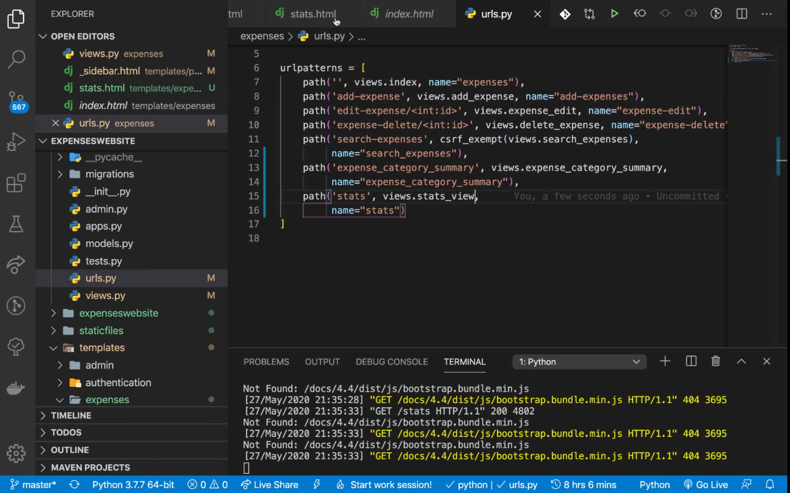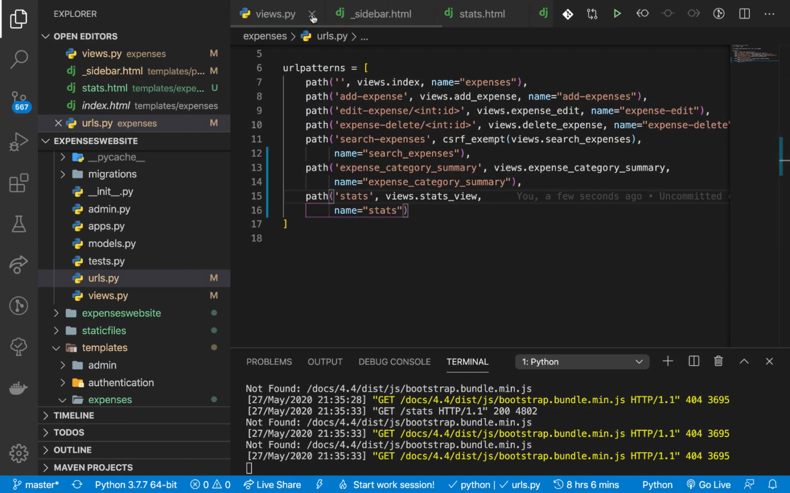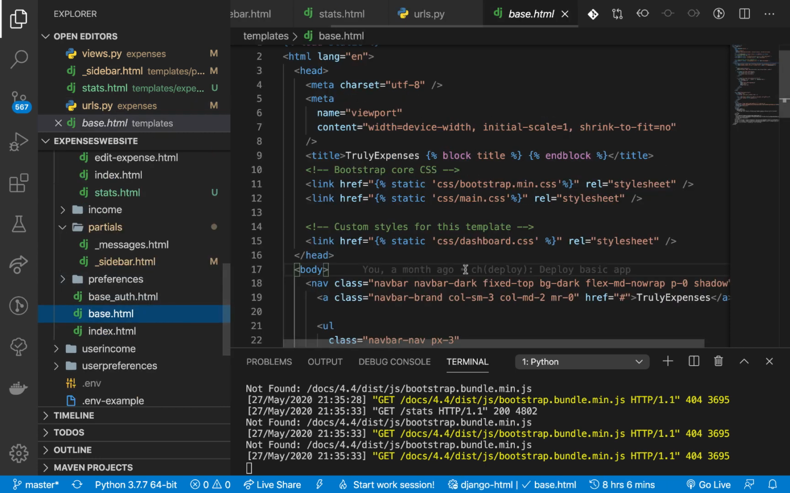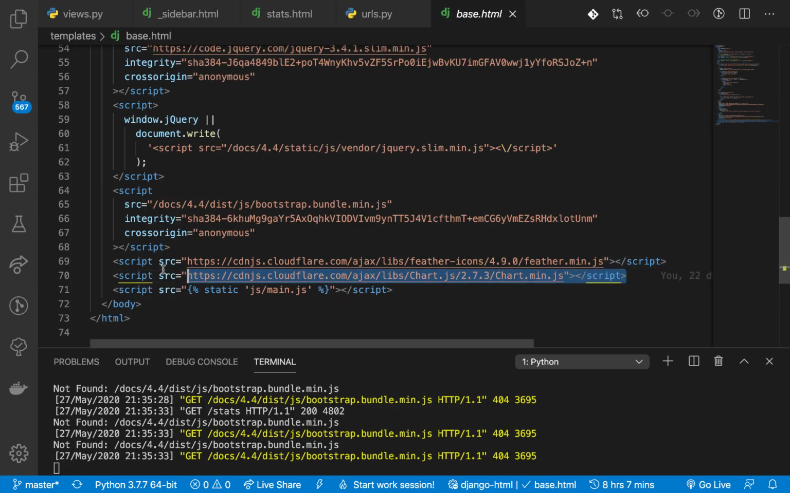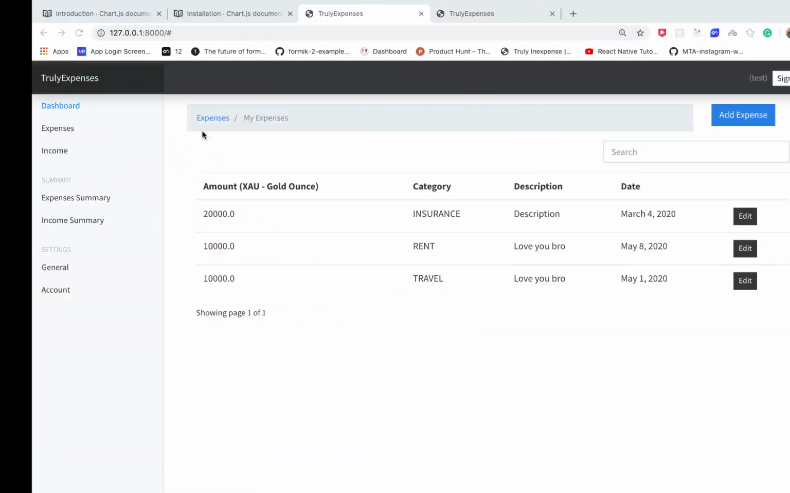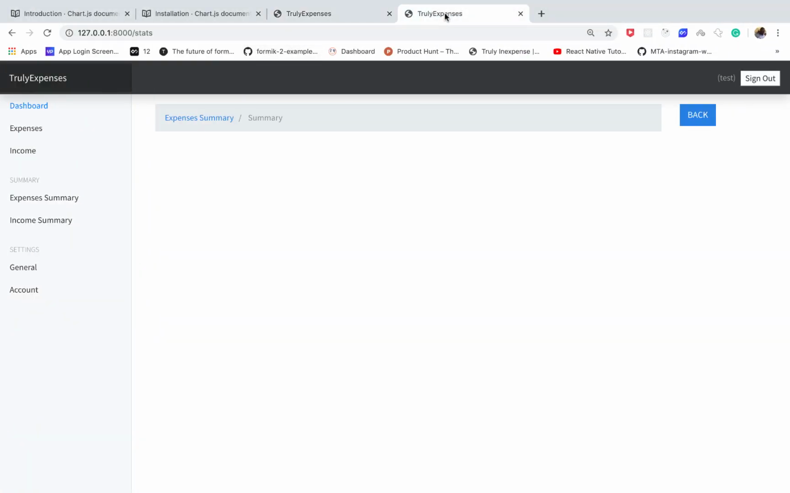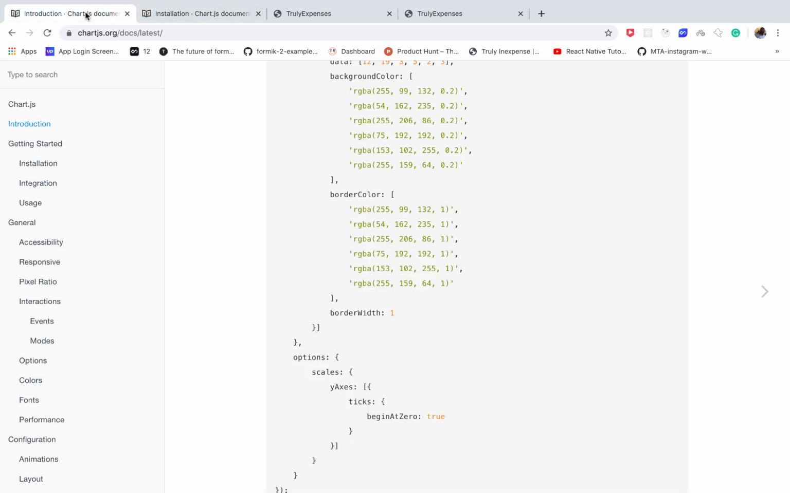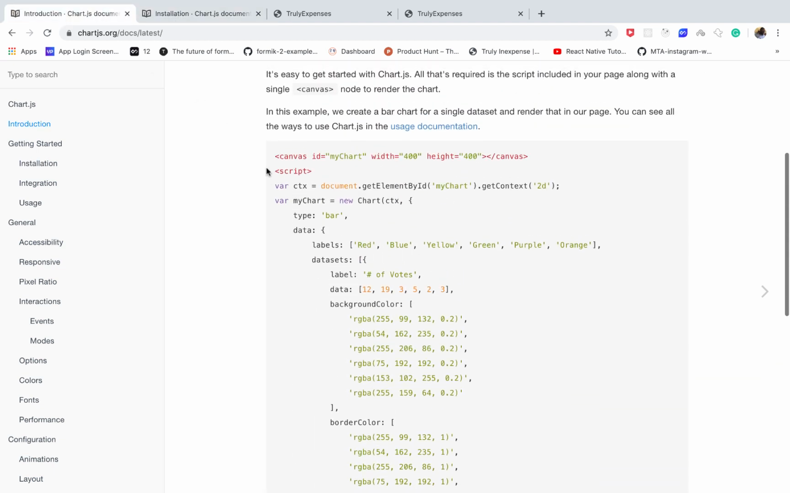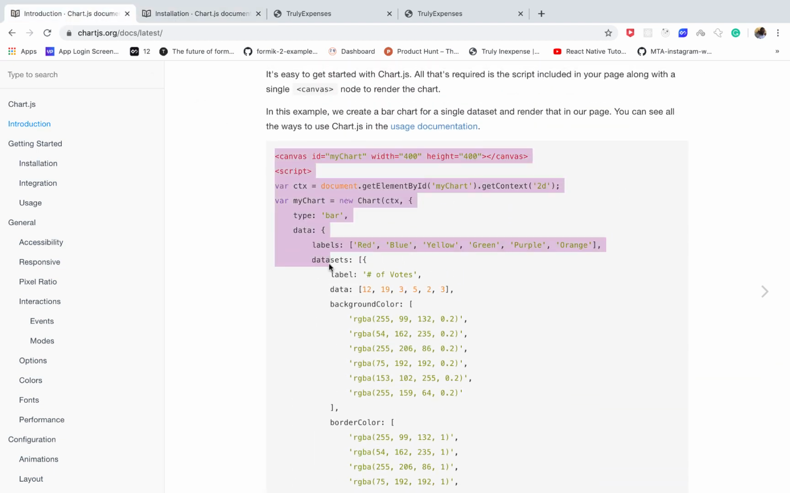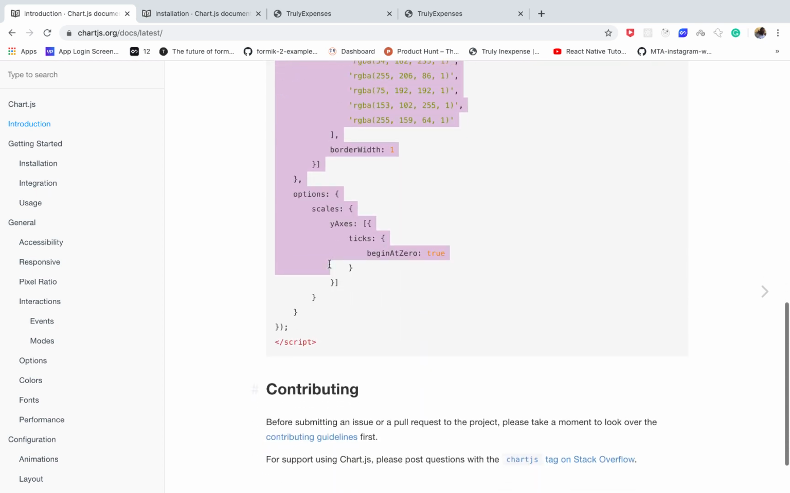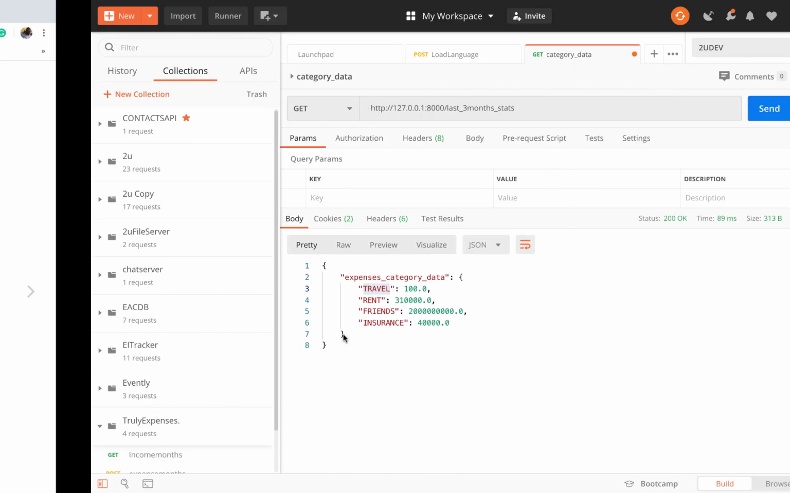So if you come back to our base.html, which is, where is it? Which is here. Okay, so down here, you notice that we are already bringing in Chart.js. So we already have the CDN link, and we'll stick to using that. But now what I want us to do is get something to start with, and I will explain how everything comes together. So here they have an example. I'm gonna copy this example and then I'll go over it. So I'm gonna copy everything,